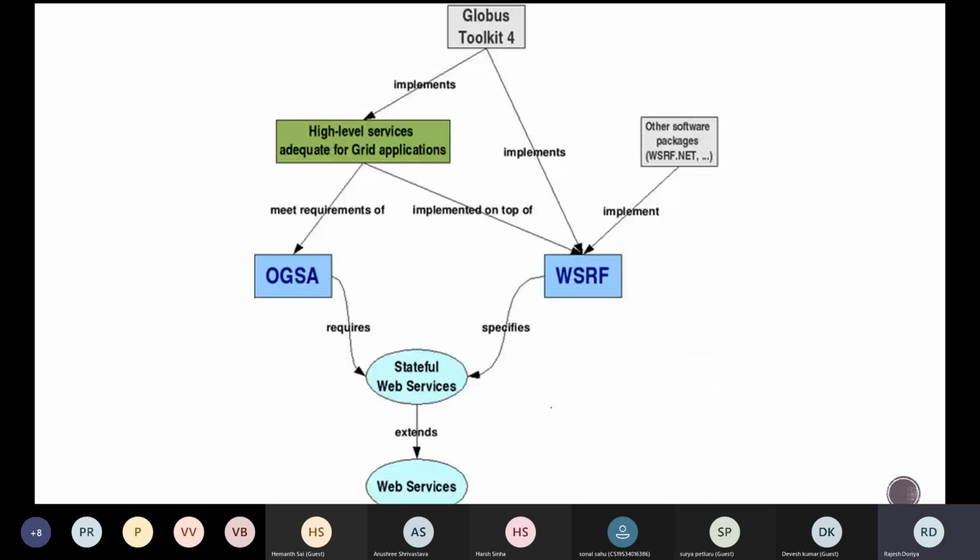As we know, stateful web services extend the facility of web services, right? The Web Service Resource Framework specifies how these stateful web services can be developed, and OGSA needs these stateful web services for its implementation. Now the Globus Toolkit 4, GT4, implements high-level services adequate for grid applications. And how does it do it? It creates these applications, but